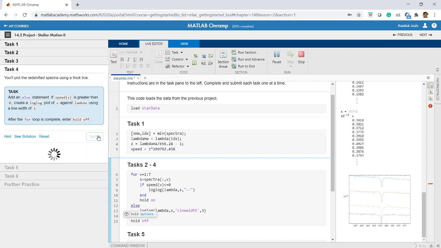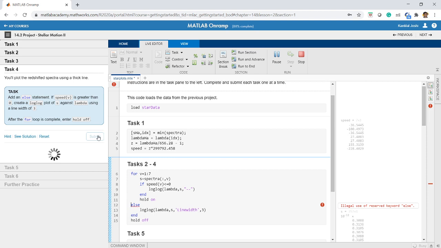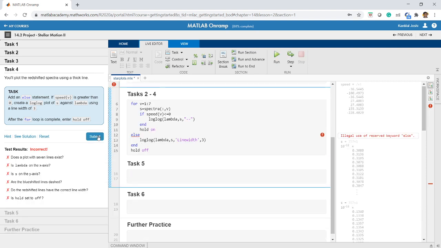So let us try this. Okay, else is okay. There is some problem in the else statement. Yeah, because I have not used an end for this. I need to write an end also, so I have to add one more end.